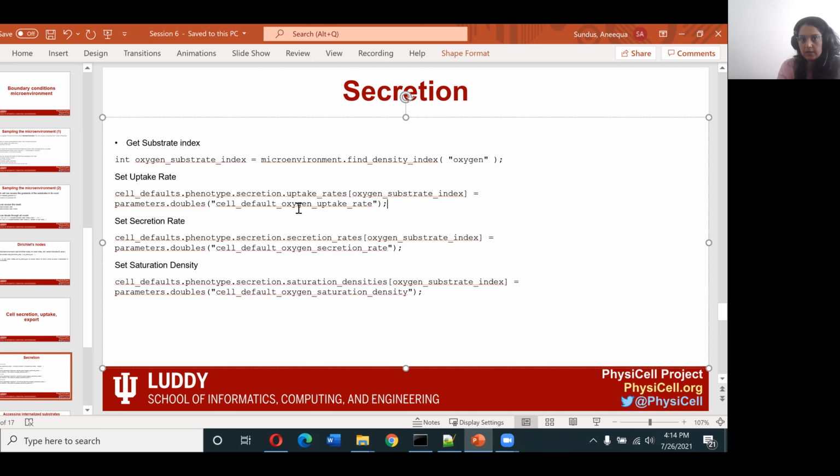Another thing, we are giving this value in the parameters dot doubles. It means this value is given in the config file. The recommended use is that we will always give these values in config files, so that you can easily change them later and you don't need to compile the whole code again. Similarly, if you want secretion rate, you'll get cell defaults at phenotype.secretion rate for the oxygen,